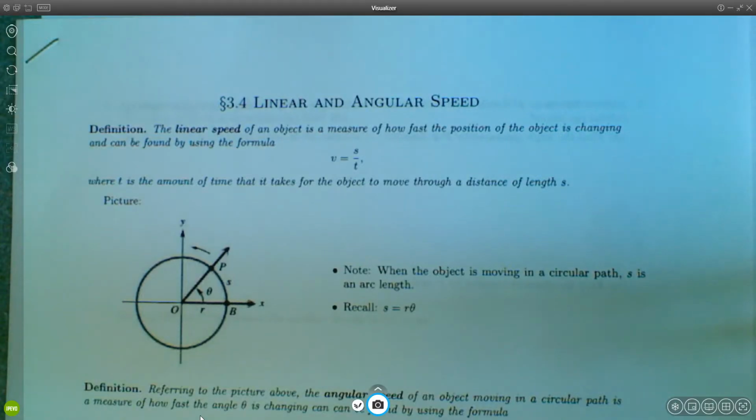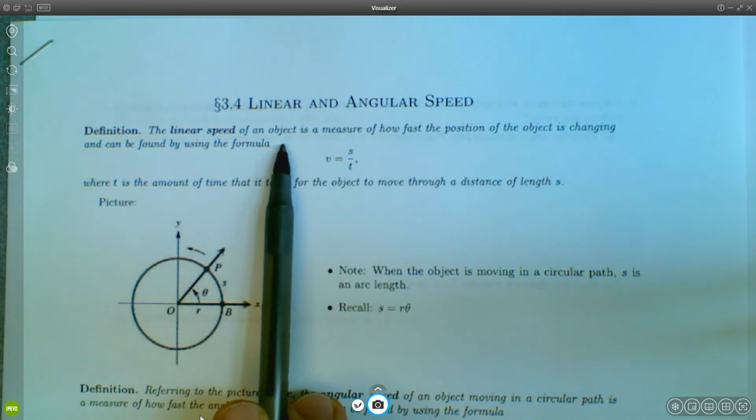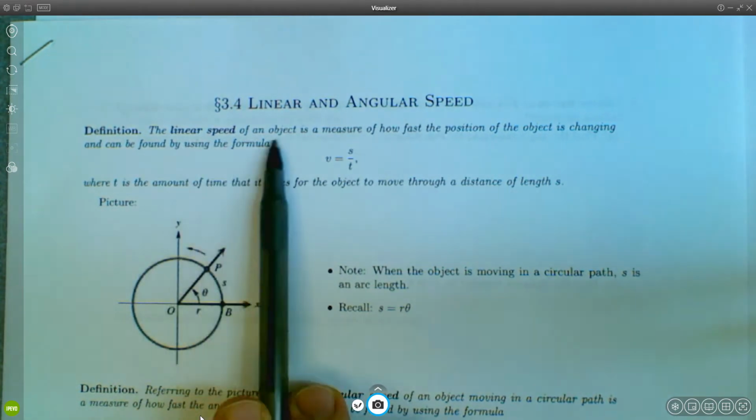All right, so let's talk about 3.4. 3.4 is about linear and angular speed. So this is another application of radian measure. So first of all, linear speed is an object, or sorry, the linear speed of an object is a measure